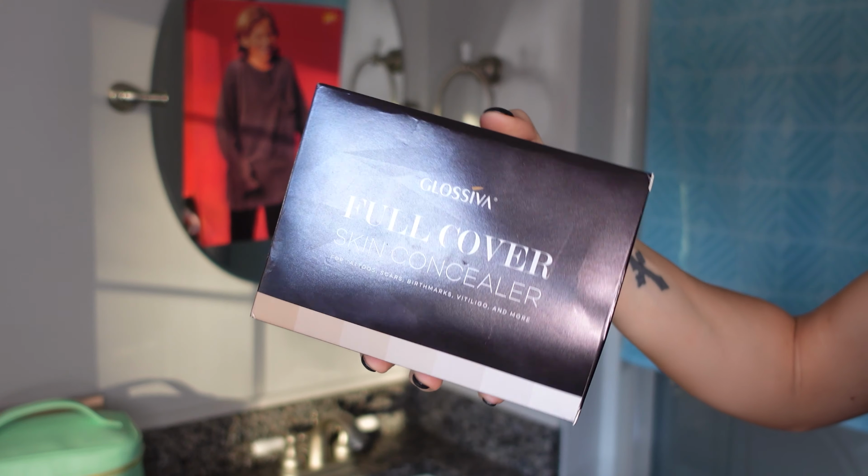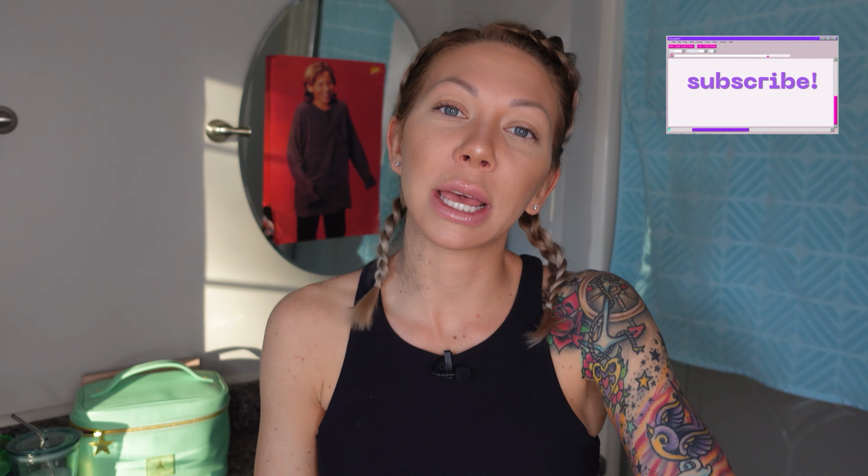Today we're trying this tattoo cover up and I've also got a laser tattoo removal update. This is by a company called Glossivia. It's a full coverage skin concealer for tattoos, scars, birthmarks, vitiligo. Am I saying that right? This is actually a new to me kit. My neighbor tried this on her varicose veins and spoiler alert, she said it didn't work. So